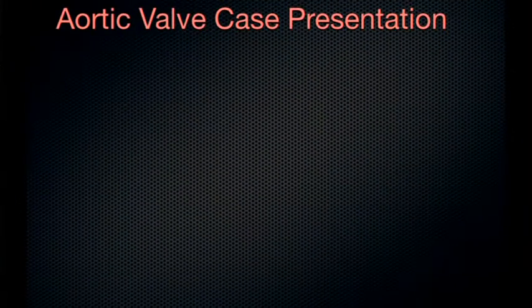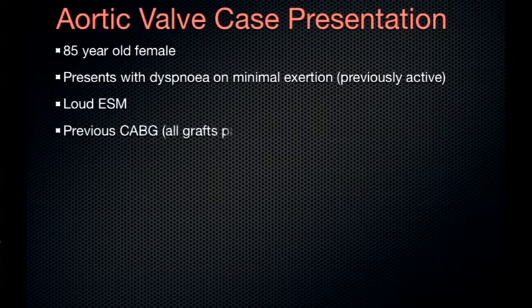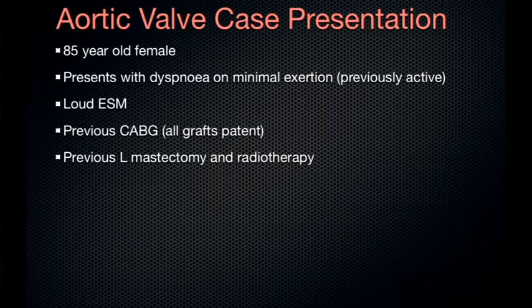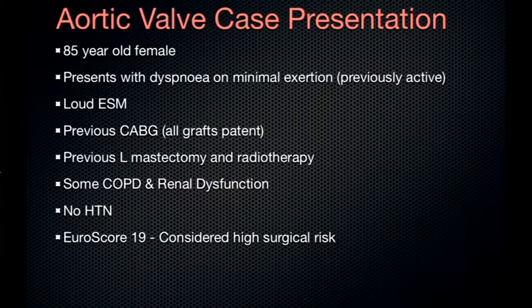Let's take a typical case that we will often come across. An elderly lady who has dyspnea on minimal exertion, and previously she'd been very active. She's got a loud murmur, she's previously had bypass surgery, but all grafts are patent. And in addition, she's had a left mastectomy and radiotherapy. She has some lung and renal disease, no hypertension, and she has a Euroscore of 19, but was considered high